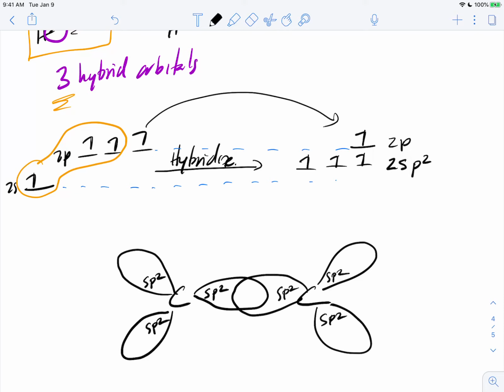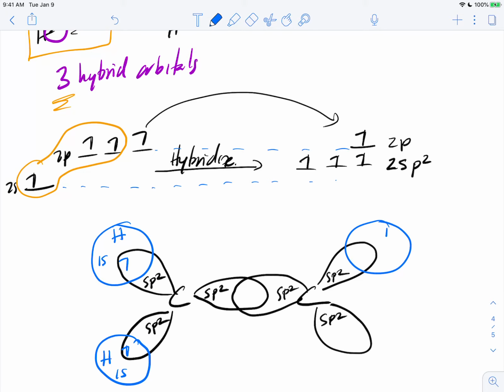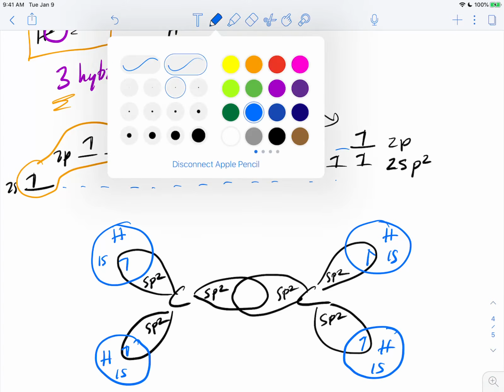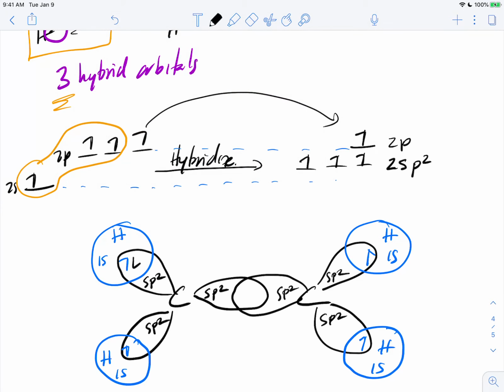So then now the hydrogen comes in, and we have this is a hydrogen 1s, hydrogen 1s, and then over here, same thing. And then putting in the electrons for the hybridized sp2, we have our bonds. Now, that takes care of all the bonds, and this is a good point to mention